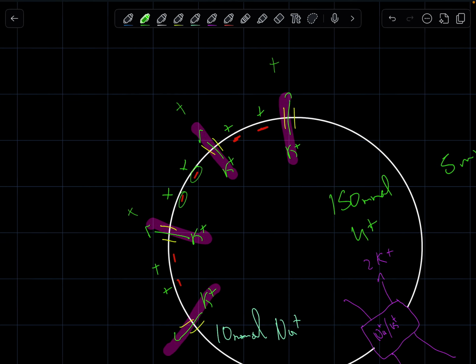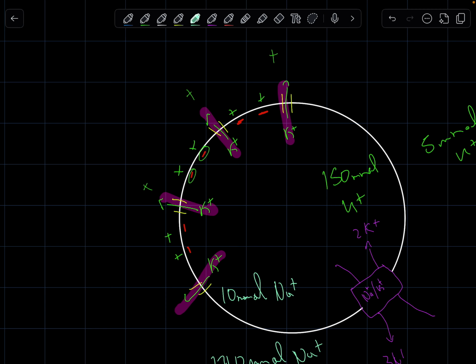But that is our chemical gradient. When we take a look at our electrical gradient, remember that there's a ton of sodium outside the cell, and this positive charge actually pushes back on that potassium ion, which forces potassium to leave less. Now, this whole push-pull between the electrical and chemical gradients helps us establish an equilibrium of negative 70 millivolts for